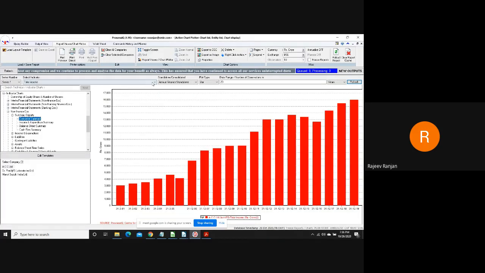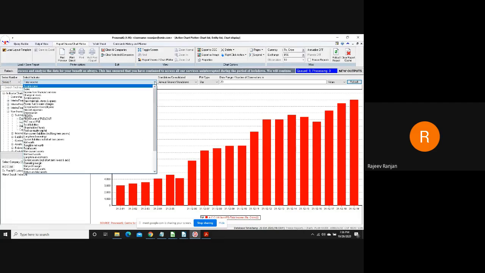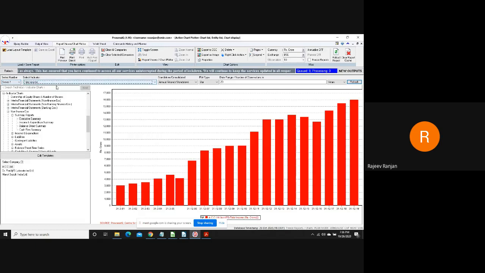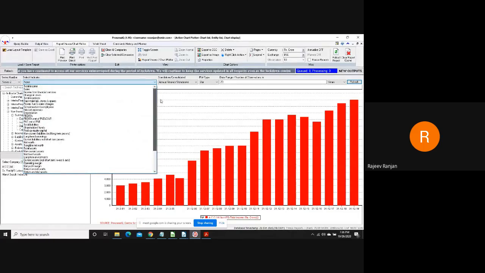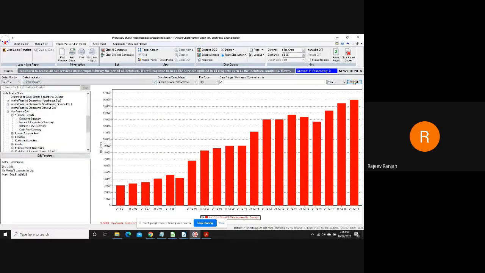So what it does, we can plot the 5 series in the same chart, and in the indicator, what it does, it loads all the expression which was part of the report viewer of the executive summary. So, if you see here, the series 1 is the total income. If I want to change, take a second series as, say, total expenses, and I refresh this,